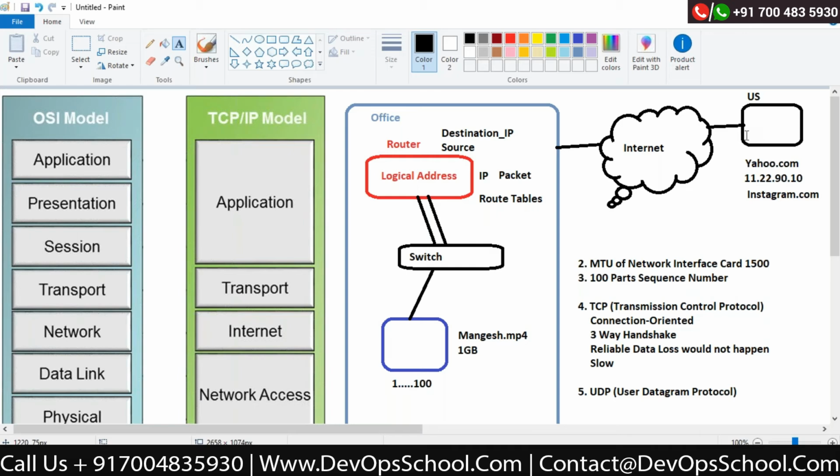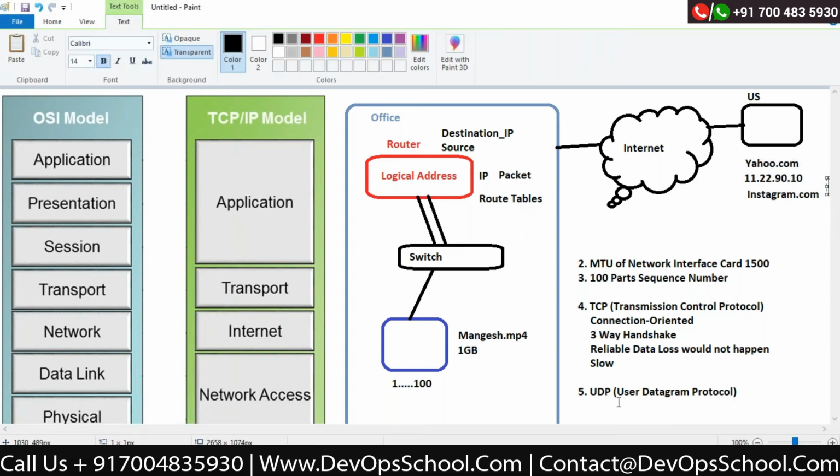On the other hand, if I'm sending the data with the help of UDP, this is completely opposite. It is connectionless, with no three-way handshake. He only takes the data and sends it to the destination.